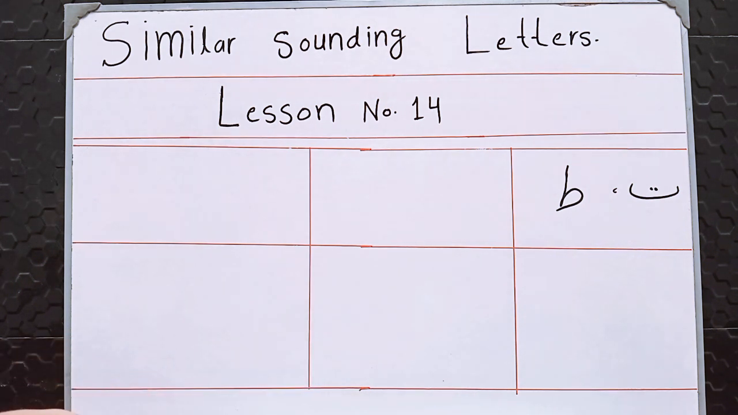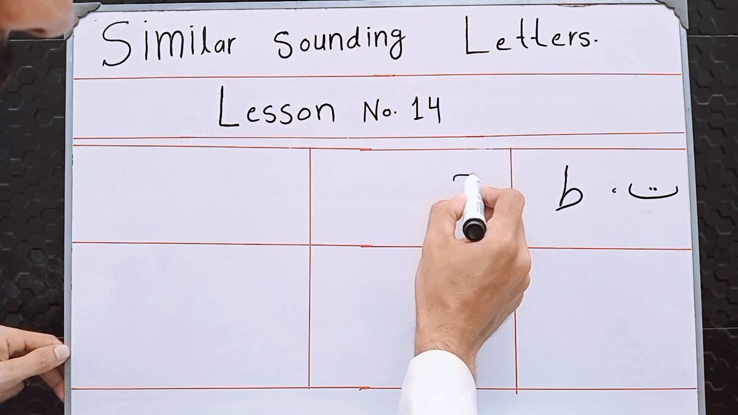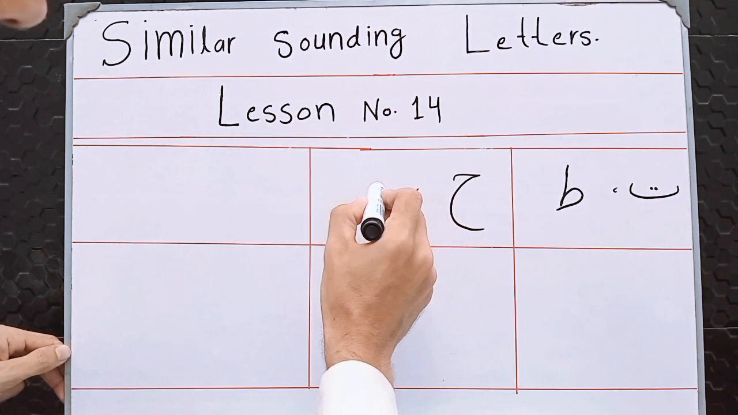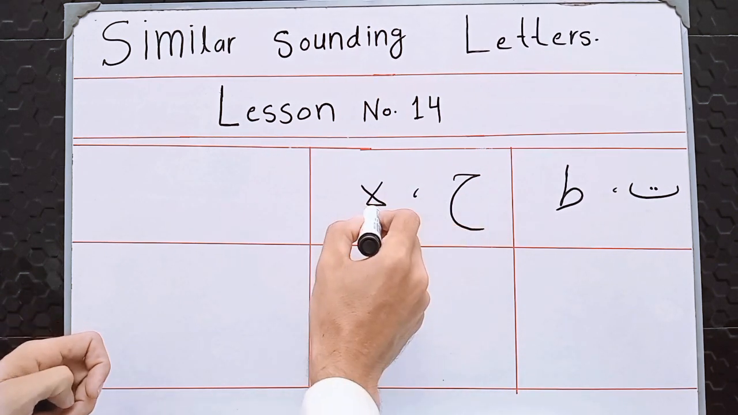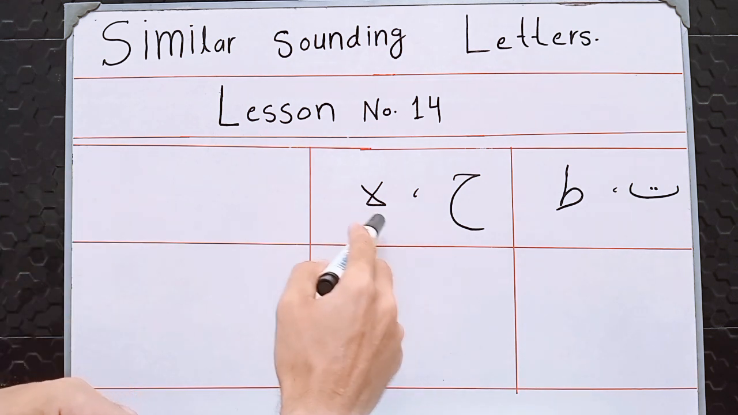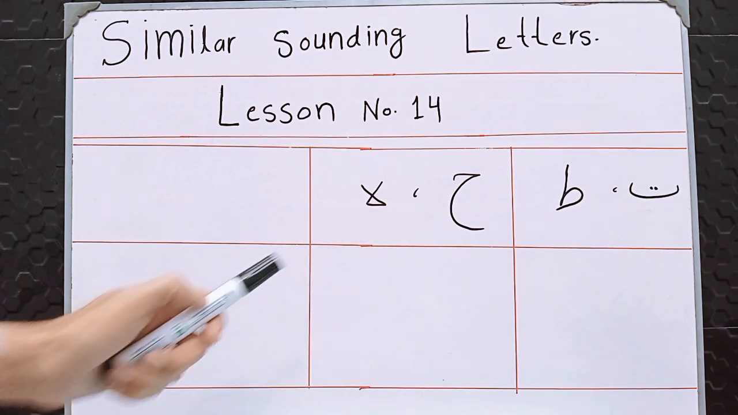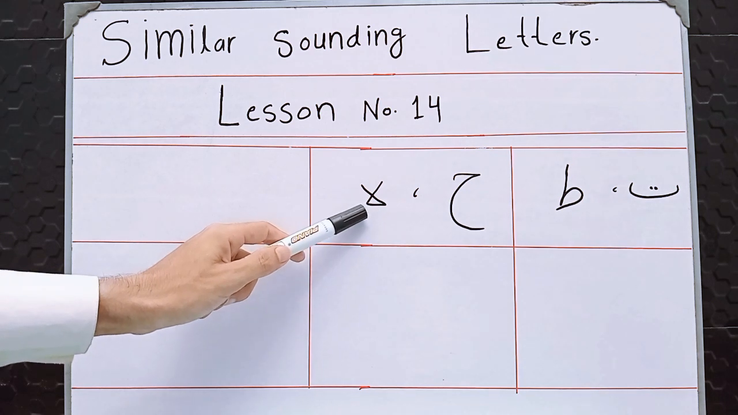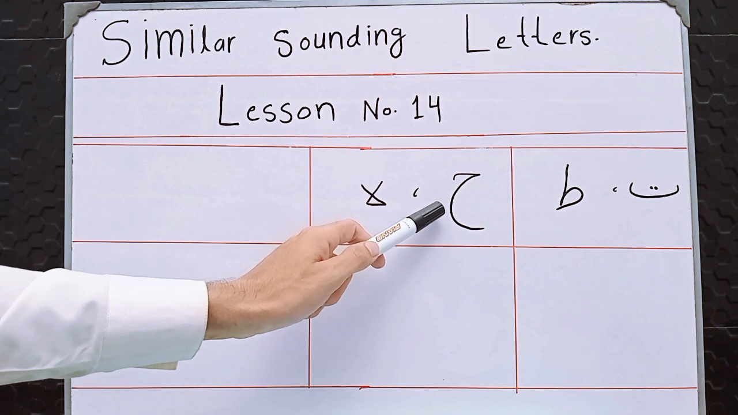So it is done. Now my brother and sister, the second one is ha and ha. These two letters are similar sounding letters, ha and ha, but there is a little bit of difference between the pronunciation of these two letters,